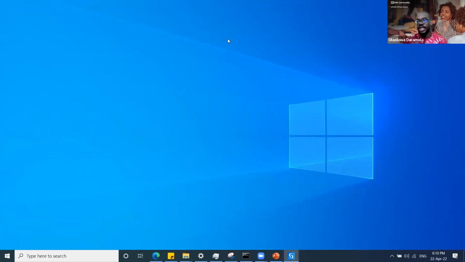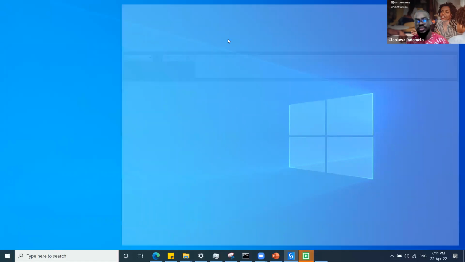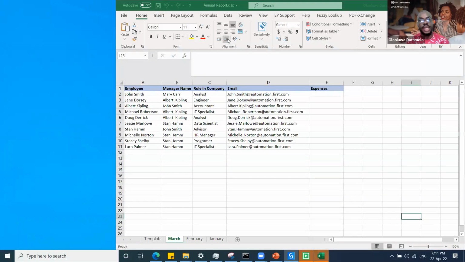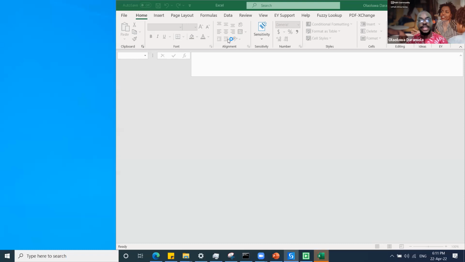My automation is running again, and in no time, you'll see UiPath pop up Excel. UiPath pops up Excel and has added our,